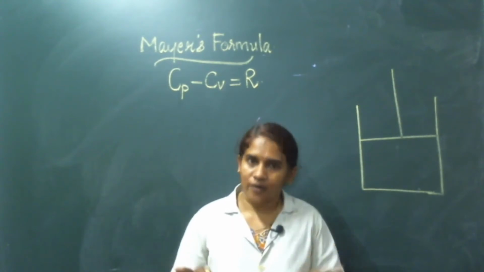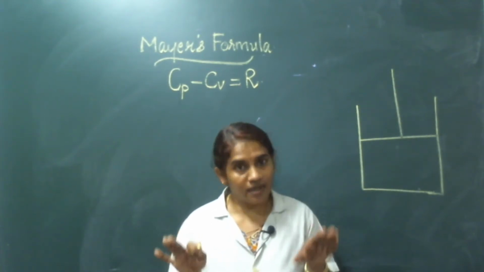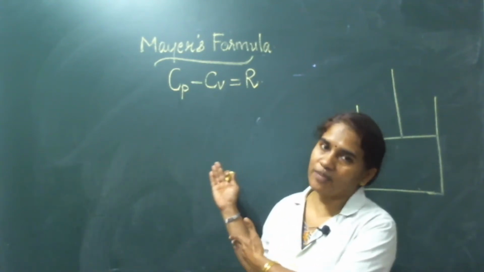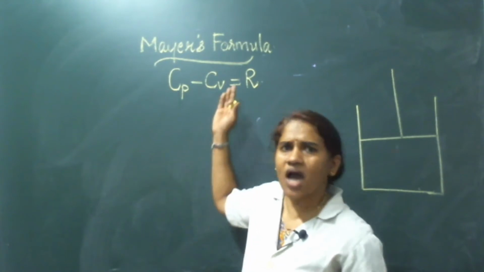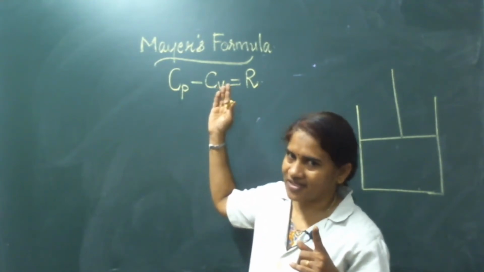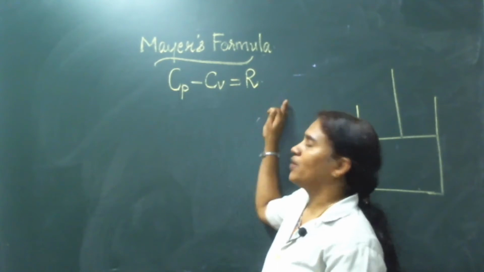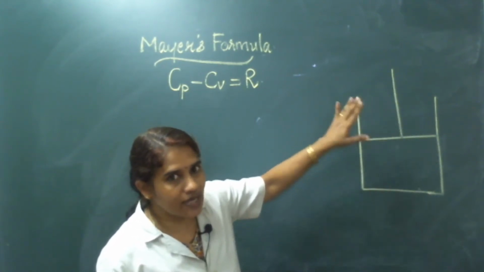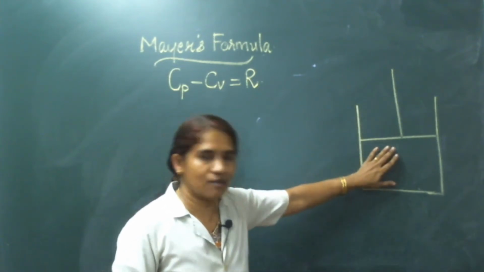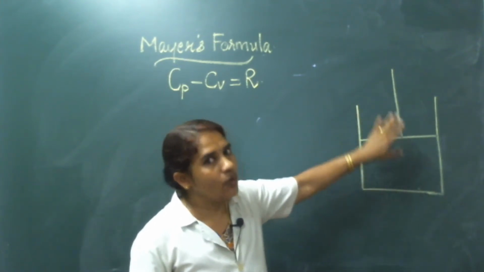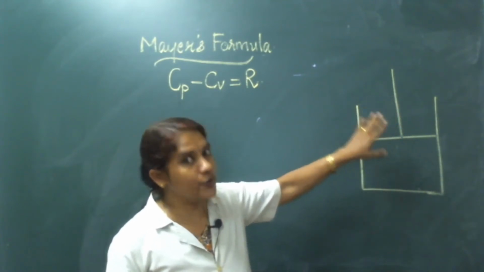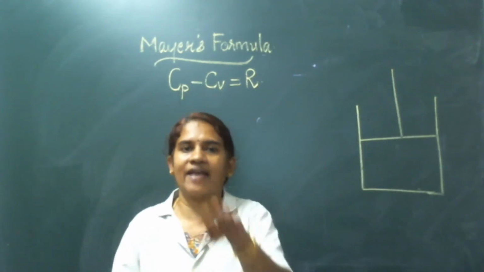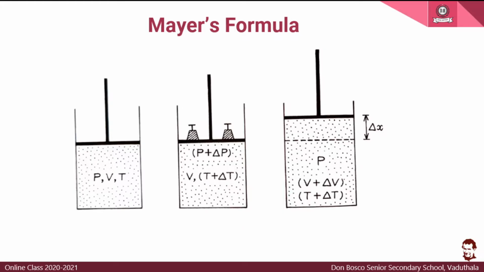That is thermodynamics. Work is done by the gas. In that we are calculating the relationship between Cp and Cv. What is R? Universal gas constant, right? Okay. So for doing this, we need a system. We need a thermodynamic system. So this is our thermodynamic system. This is going to be heated, going to expand. Okay. So this experimental setup I have given a little more clearly in this slide. Just see the slide.